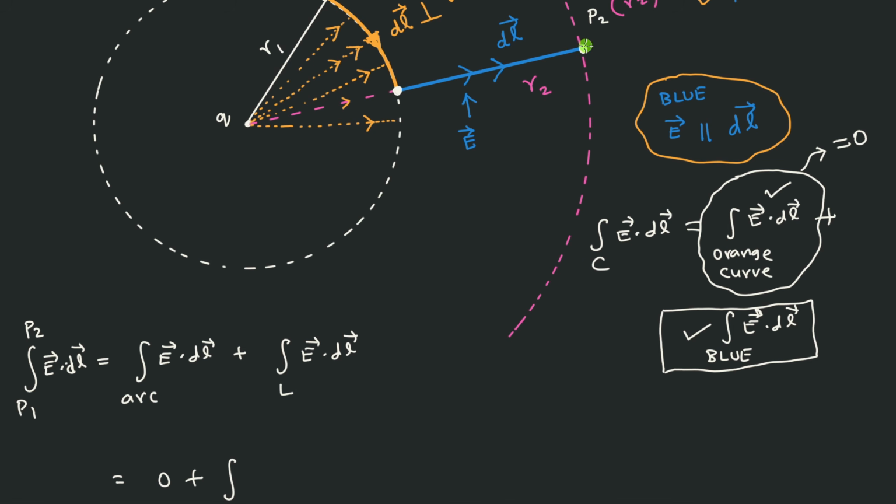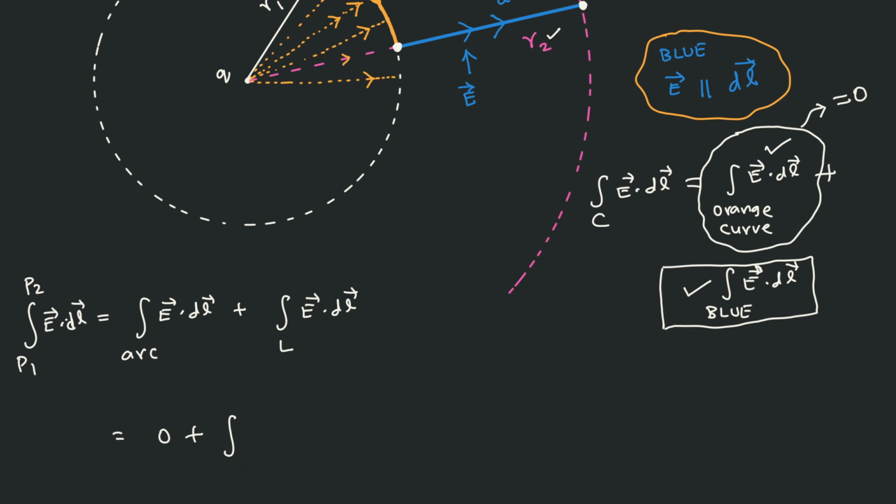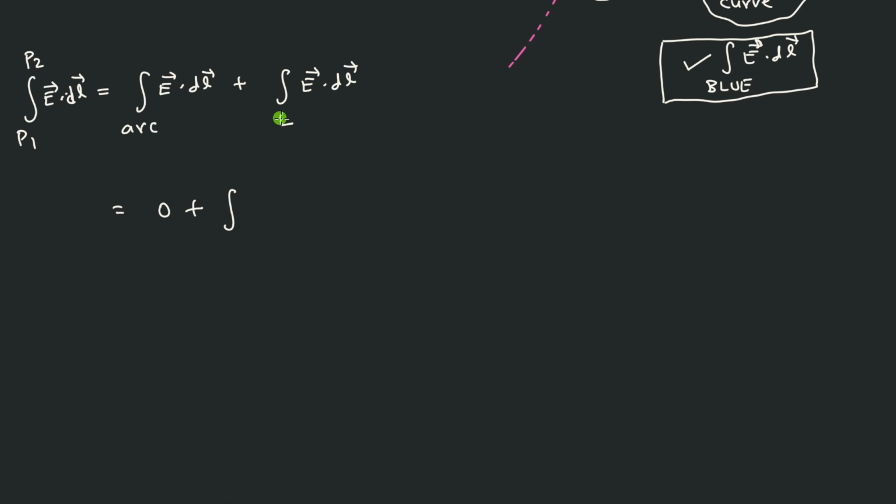And what about the other white color dot here? This point is r2. That is written here. So this is r2, and then there is r1 here. Therefore, from here to here means r1 to r2. So ultimately, this integral over the line L is written as r1 to r2, then you have E dot dl.